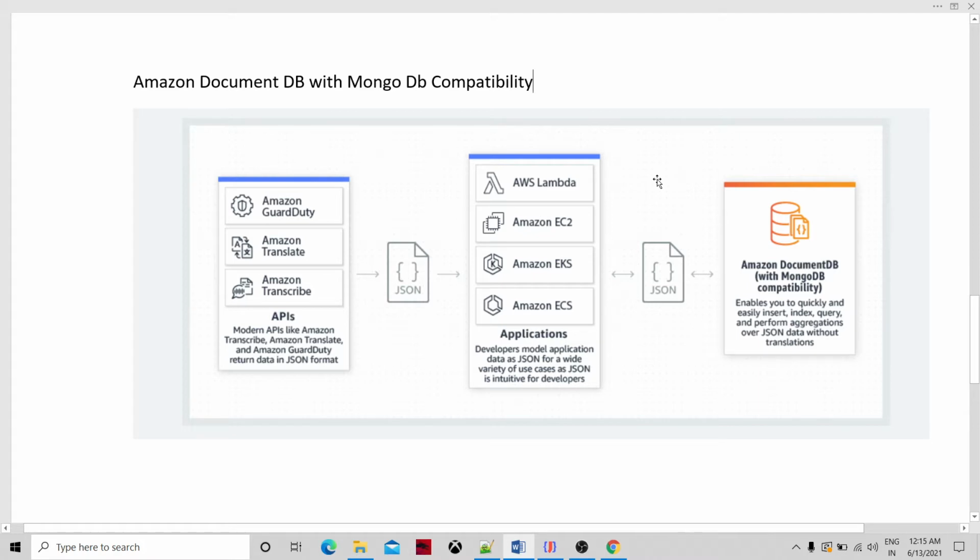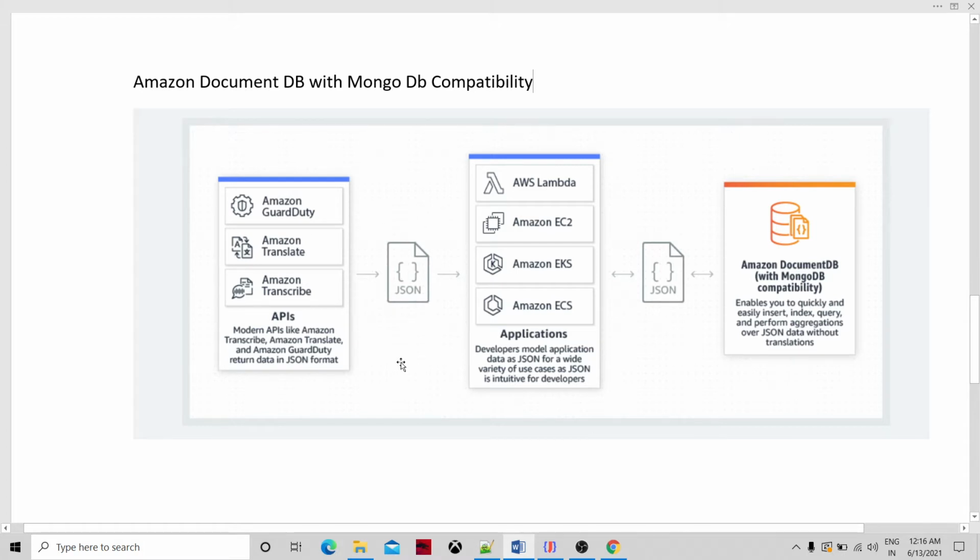It is going to work on top of an Amazon EC2 instance, or Amazon AWS, probably Lambda, EKS, or Amazon ECS. We are going to see Amazon EC2. On top of that, we are going to create an Amazon cluster.